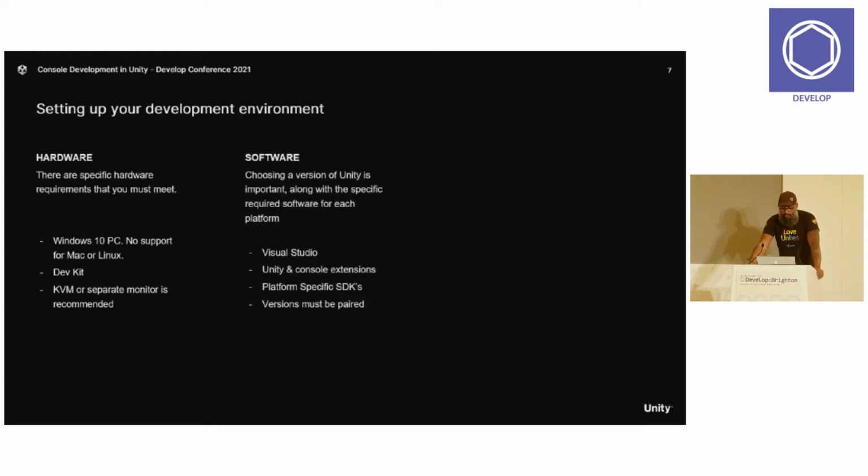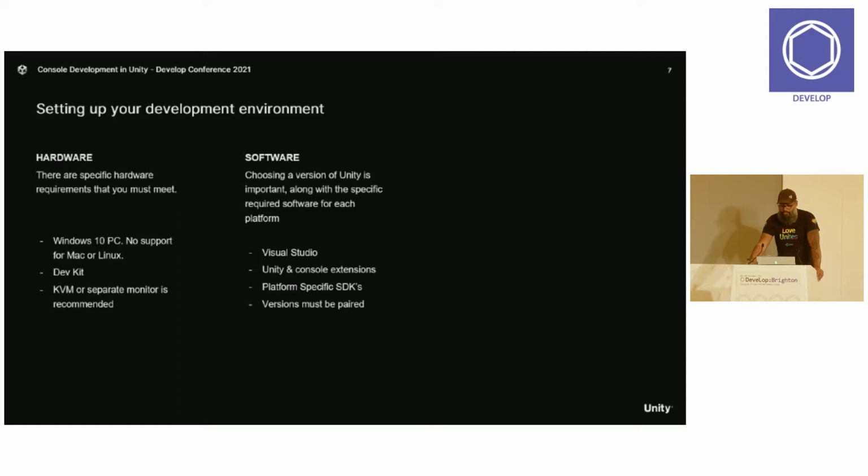Your software, you're going to need to choose a version of Unity, and that version is important. If any of you know the different versions of Unity, I would highly suggest that you stick to the latest LTS, or long-term support version of Unity. That is the most stable version of Unity that is fully featured and is fully supported by all hardware platforms. You can use the tech stream if you are chasing new features, but bearing in mind that tech stream is not what we would consider to be fully stable. That's your LTS versions. And if you are in serious development, you're porting over a game, you might want to consider having stability as your friend whilst you're moving through that process.